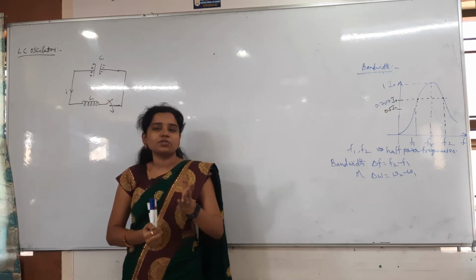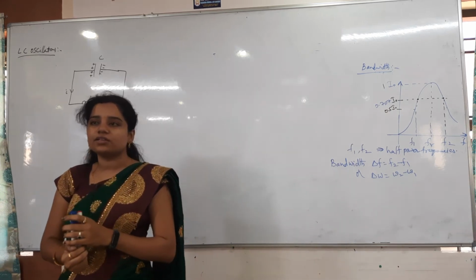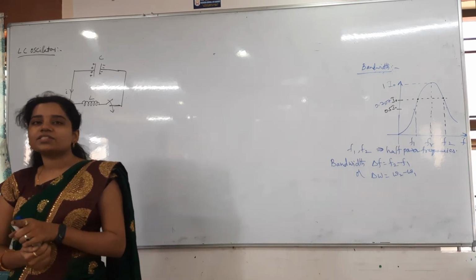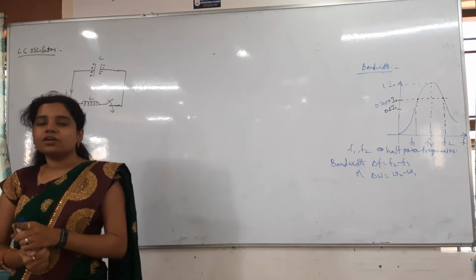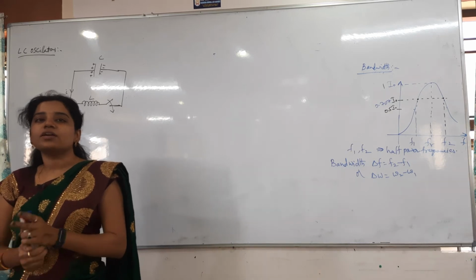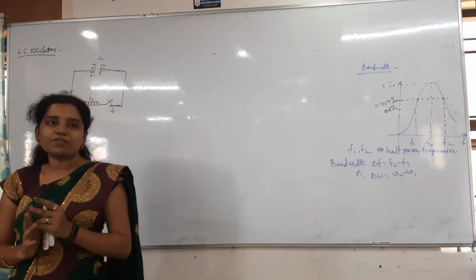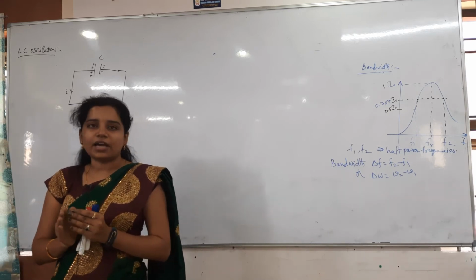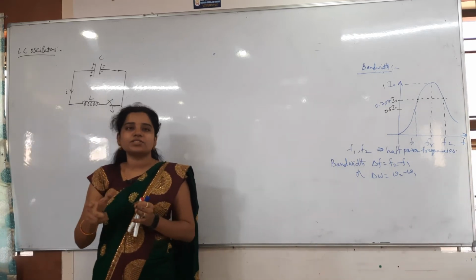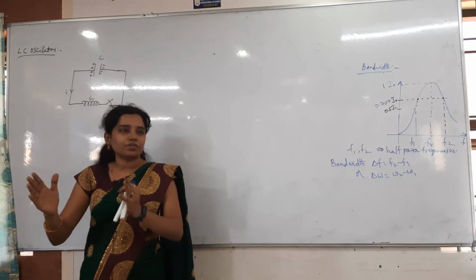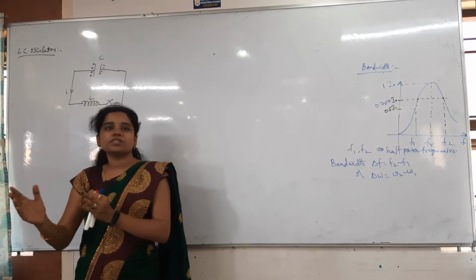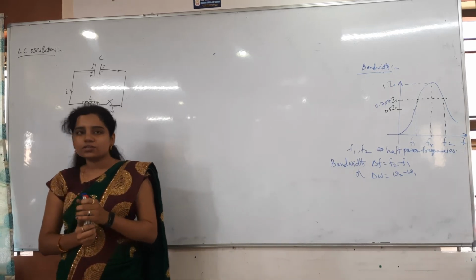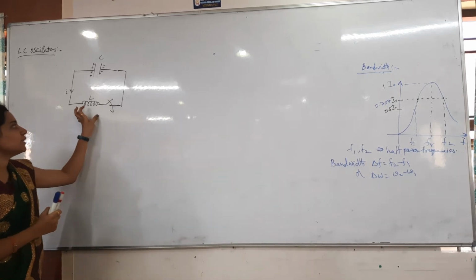That is another formula. U is equal to, what is the inductor energy? Any idea? Half Li square. Half CV square is the energy stored in the capacitor. Half Kx square is the energy stored in the spring. Everything is half only. Half of the energy will be based on the power, this one is power loss. So here you have to remember that the energy stored is always half and then some value: half CV square, half Li square, half Kx square. So the energy stored in the inductor is half Li square.